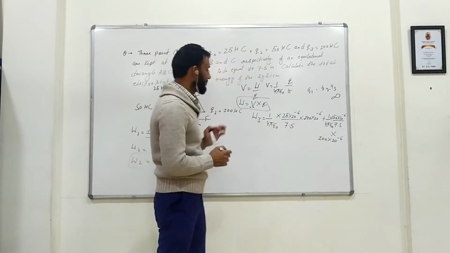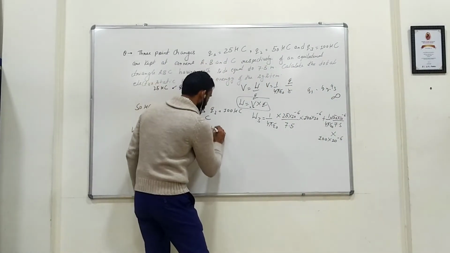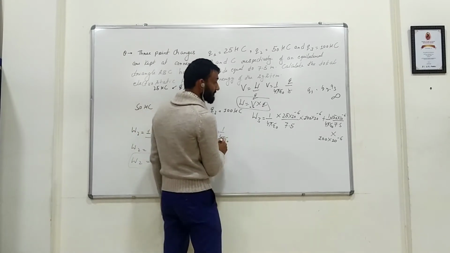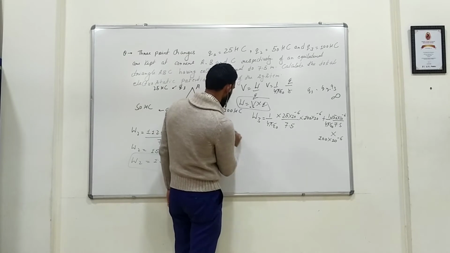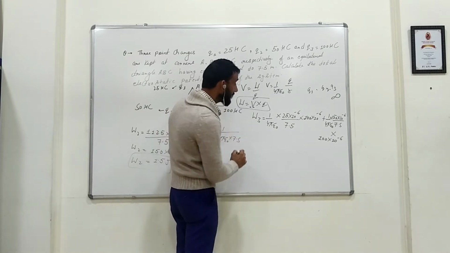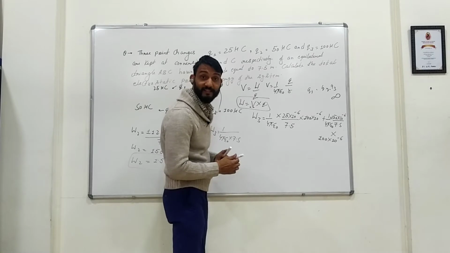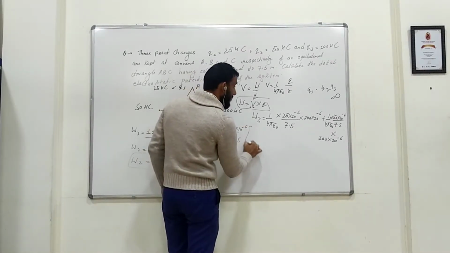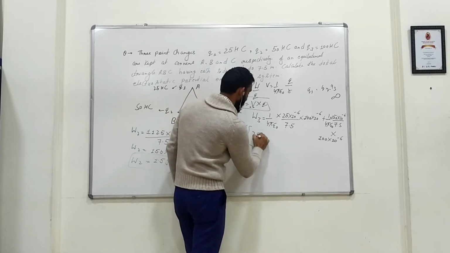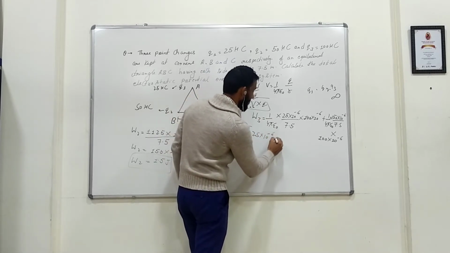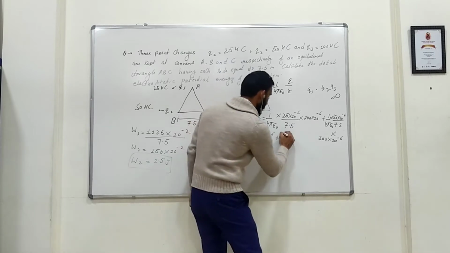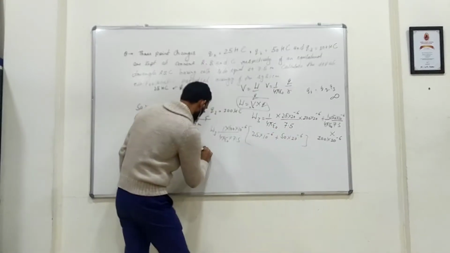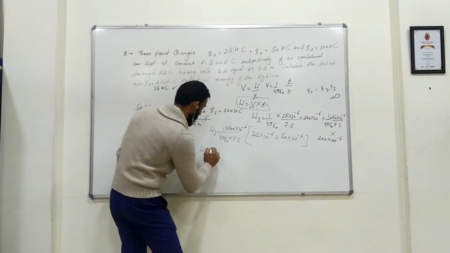Right? Now take common, whatever is coming common. So W3 is obviously 1 upon 4 pi epsilon naught coming common. Then 7.5 will come common. Then 100 into 10 to the power minus 6 will come common. Then what is left inside? We are left with 25 into 10 to the power minus 6 plus 50 into 10 to the power minus 6. Now if you know how to solve this, you will get the direct answer.